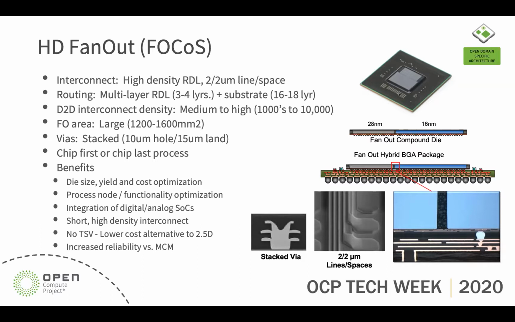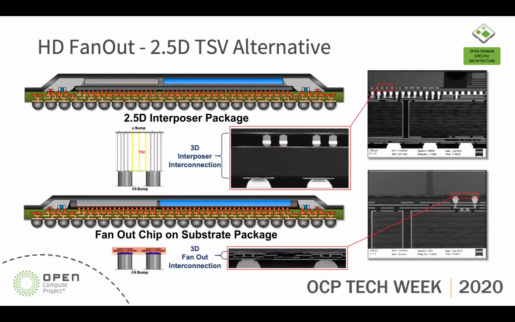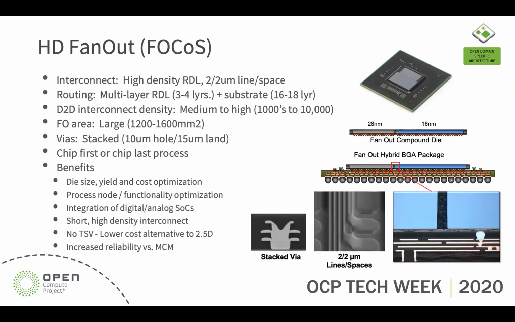We have routing layers up to about 4 layers. And then once the die is reconstituted with these interconnect layers, then you can flip chip that onto a traditional substrate. So my apologies. If you look in the lower right corner, you see a good example. You see the 2 devices separated by a little bit of molding compound. You see the die level RDL layers, the C4 bumps, and then the interconnect onto the package substrate layers at the bottom. And this gets you routing densities that are in the thousands to 10,000s from die to die interconnect level.